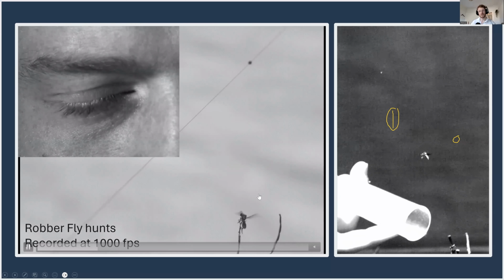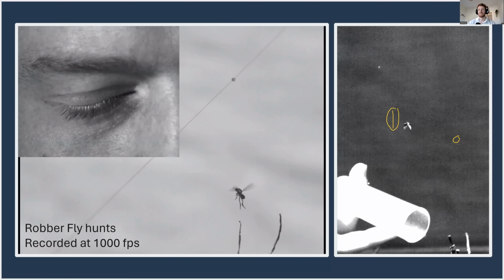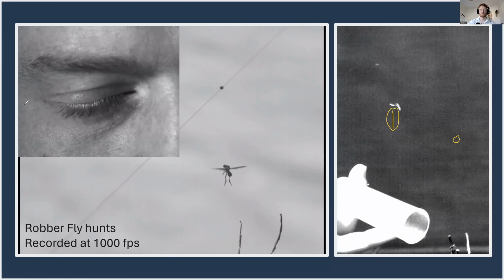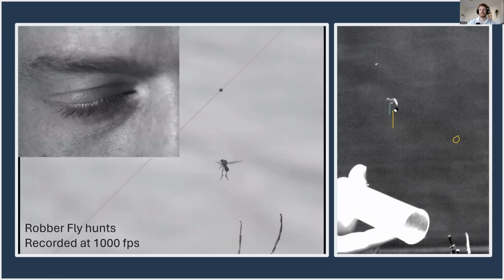And this actually is why we need these cameras. It's not just about capturing and recording the motion, but it's also that this is the only way in which we're able to slow down the behavior enough that we can actually see it. Because if this entire behavior happens within an eye blink, you're not really able to process it.